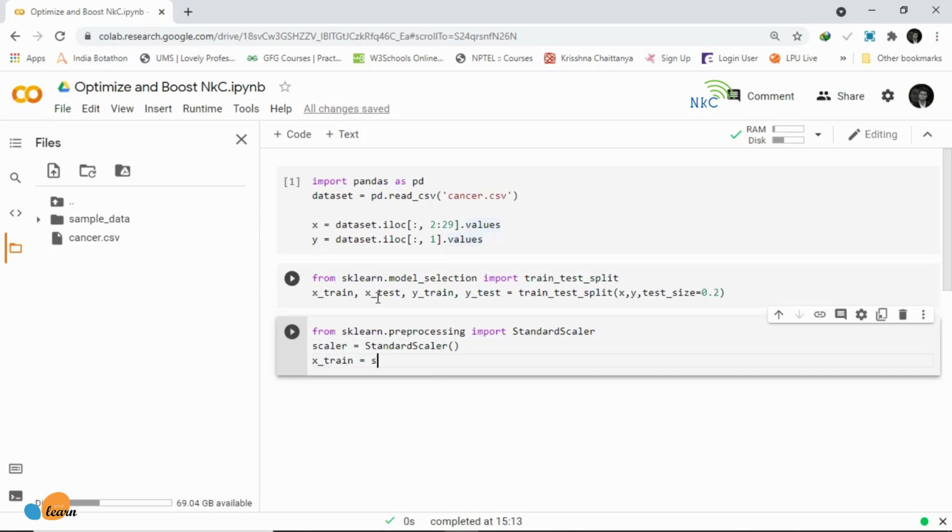So run that, and now you can see that all of our values are scaled. If I print out, let's say, X_train, you can see here all the values are in a certain range.